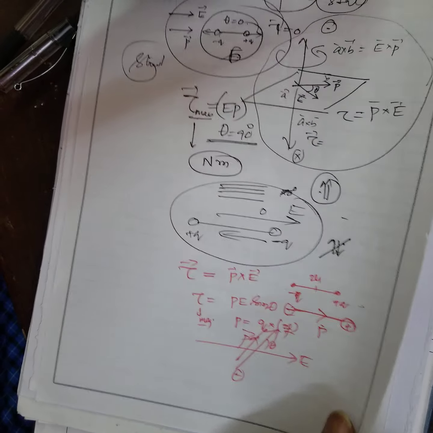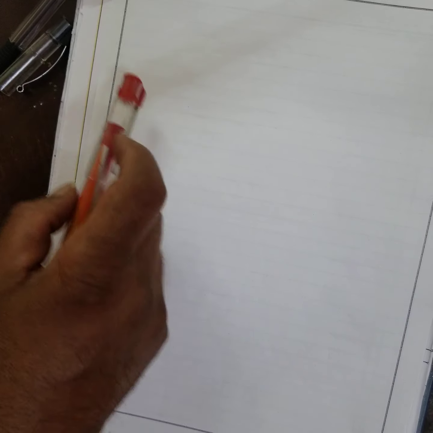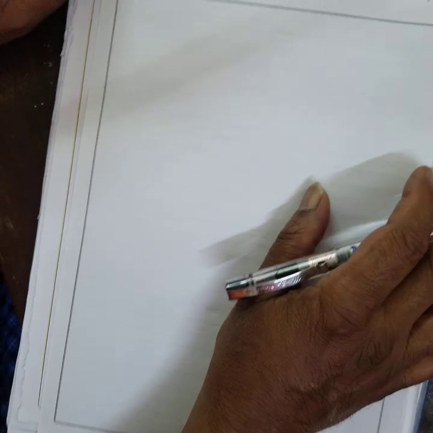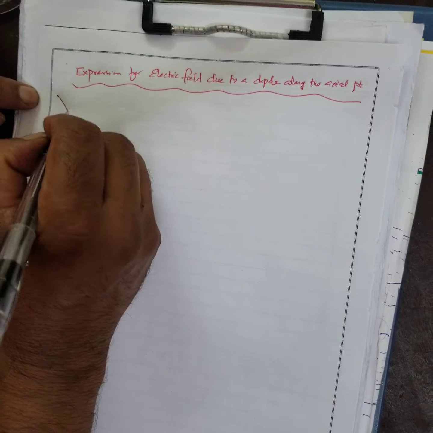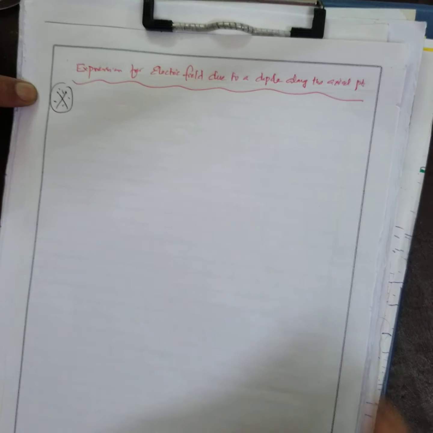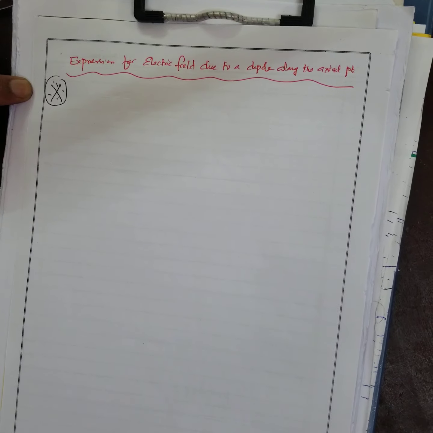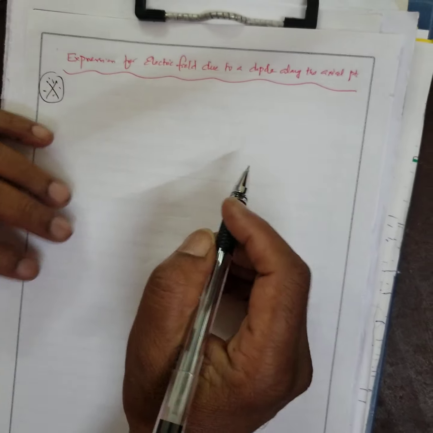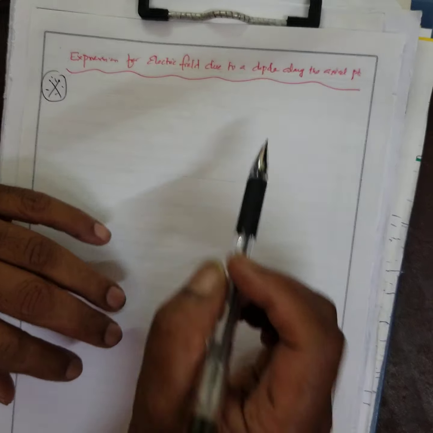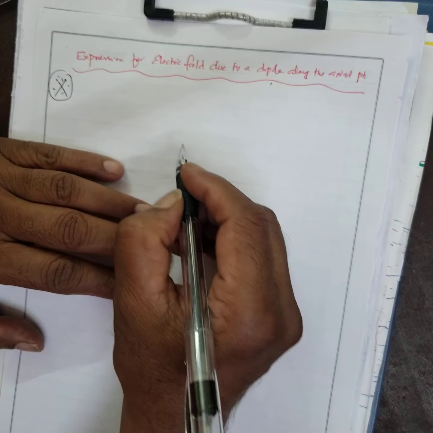Next, coming back to surface charge density, I'll tell you what surface charge density is. That we'll do a bit later when I do Gauss theorem. Now, see, there is another important question. Several times they will ask you this: obtain an expression